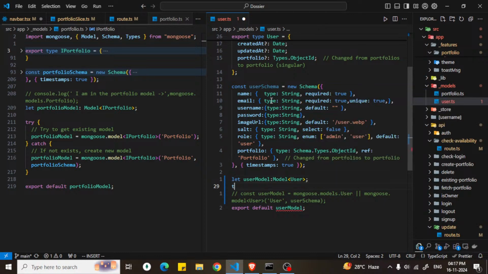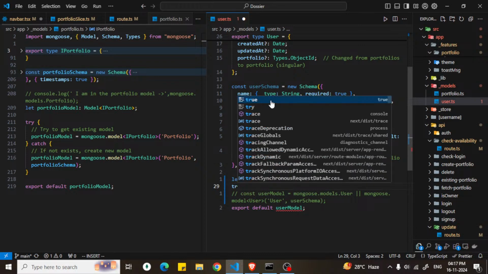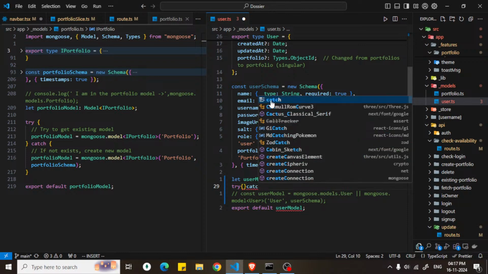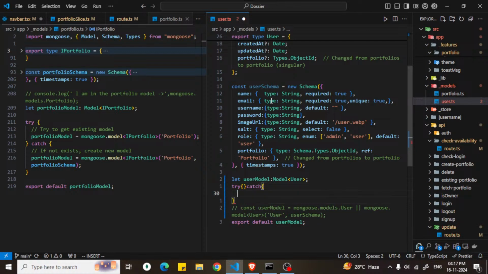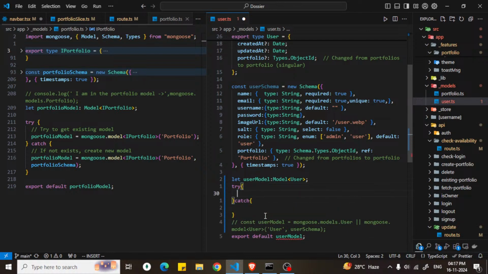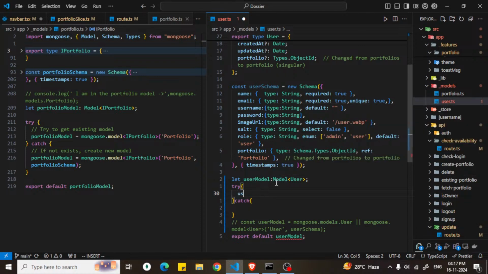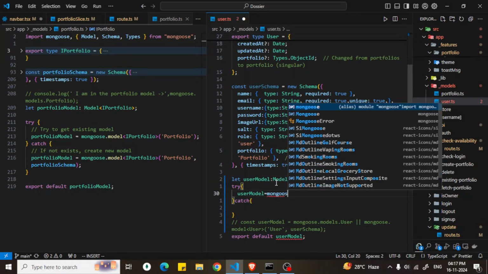Also here we will have a try catch block. Try, catch. Okay, inside this we will say user model is equal to mongoose